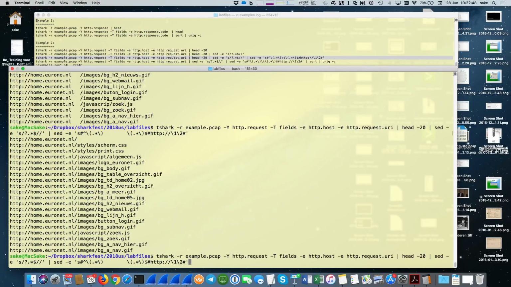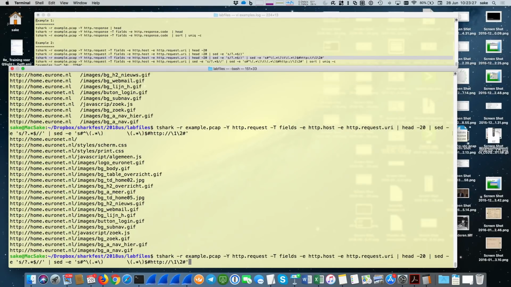I'm going to substitute, and you can change anything. Normally you use a slash as a separator for your source and your destination, but you can change that to any character that you want. So I'm changing it to a hash because I'm changing something with slashes in there. So I change anything from the beginning of the line, and then all kinds of characters until the first tab. This is a tab character, which is in between here. And then anything till the end of the line, I'm going to replace that with HTTP